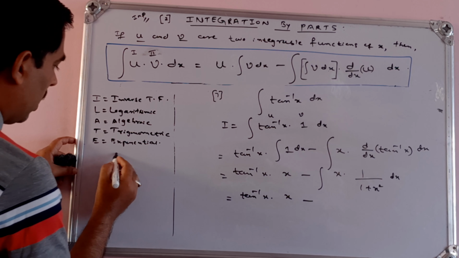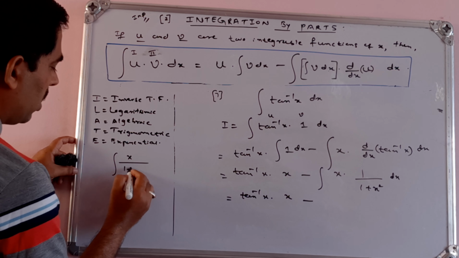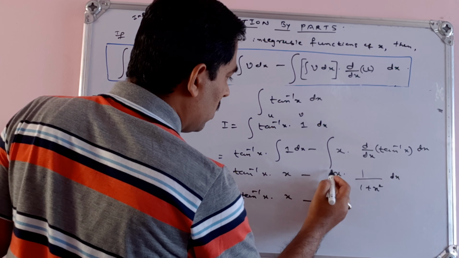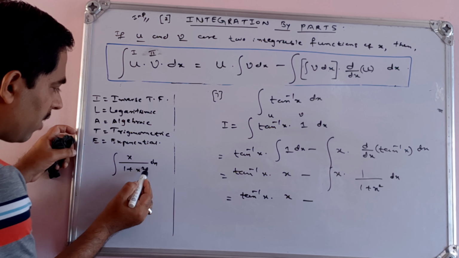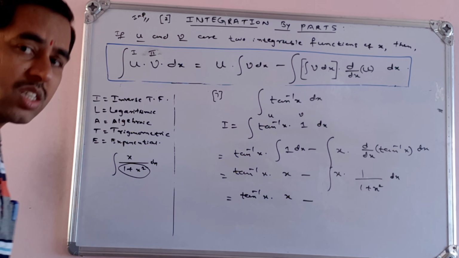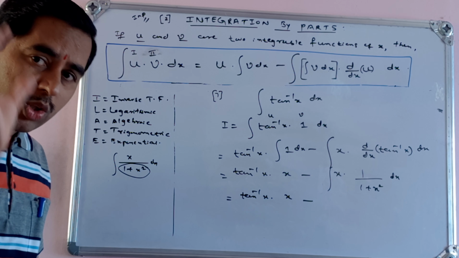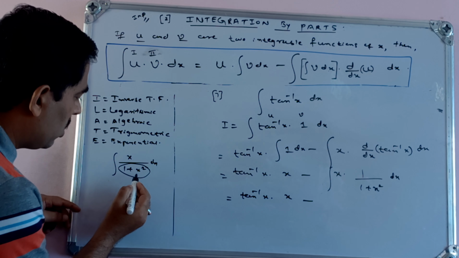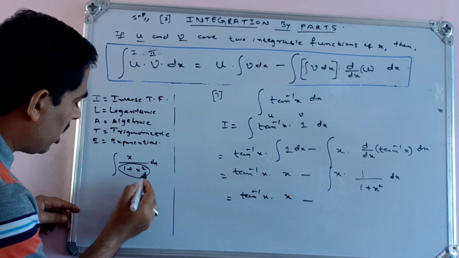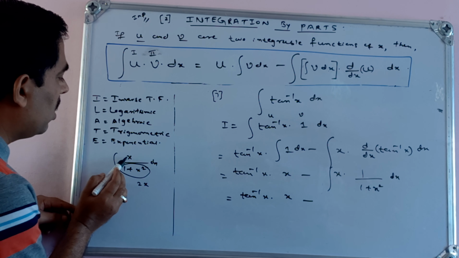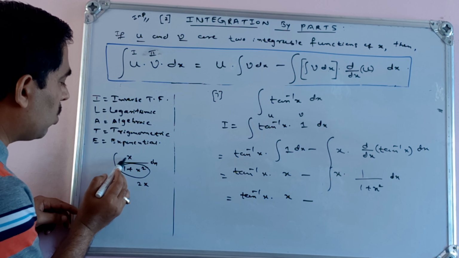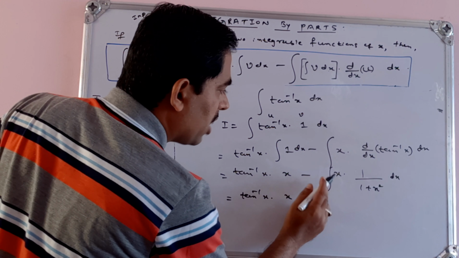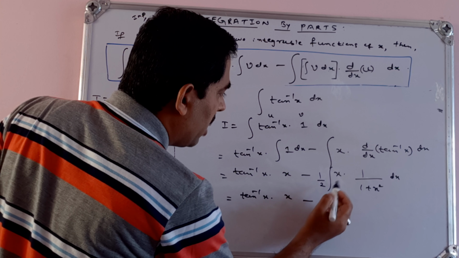So what I got? See, I got integration of x divided by 1 plus x square. I have to integrate this. Okay. See, you have to remember all the previous video classes. See, we have 4 standard forms. See, denominator is 1 plus x square, numerator is x. So if I differentiate denominator, derivative of 1 plus x square is what? 2x. So here I have only x, I don't have 2. So I have to multiply and divide by 2. So I will multiply and divide by 2.